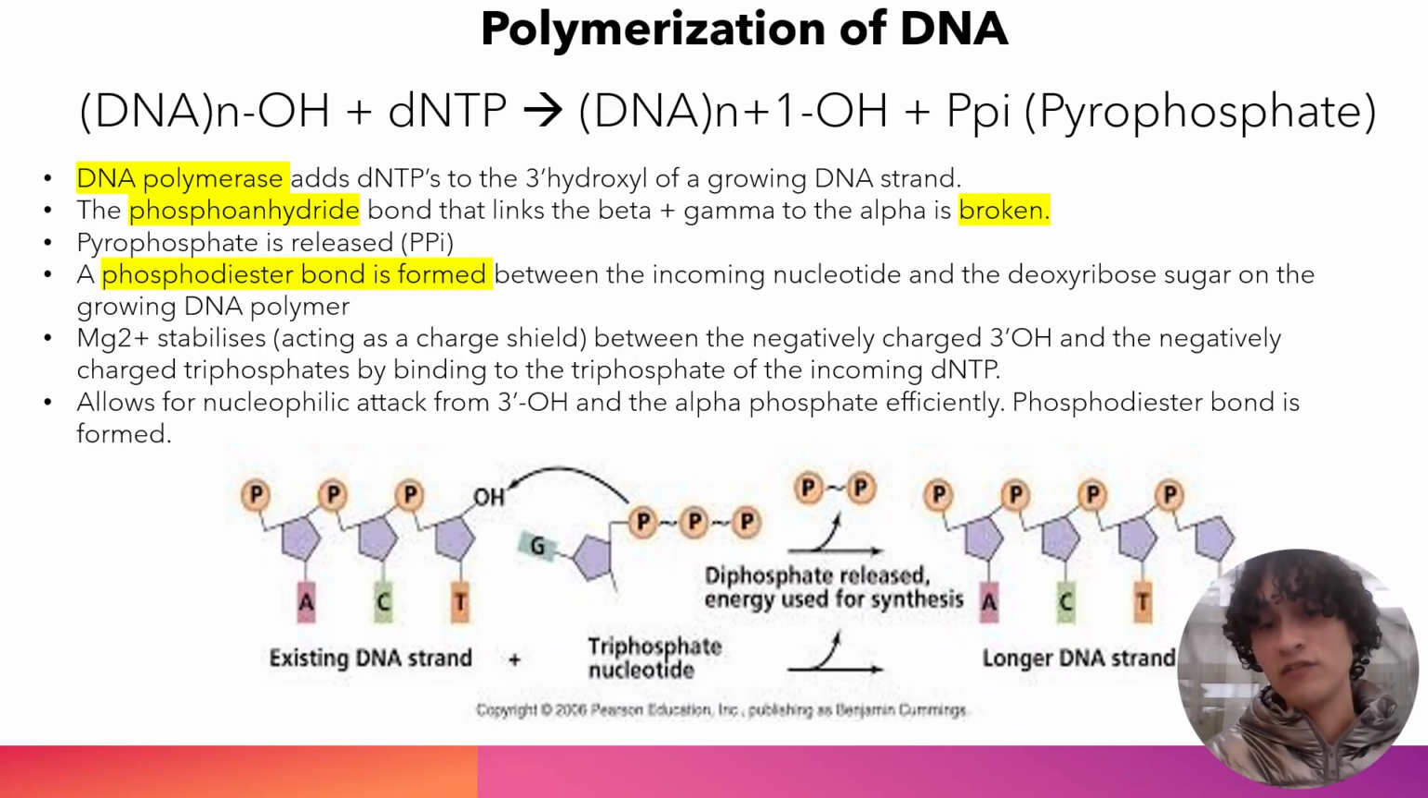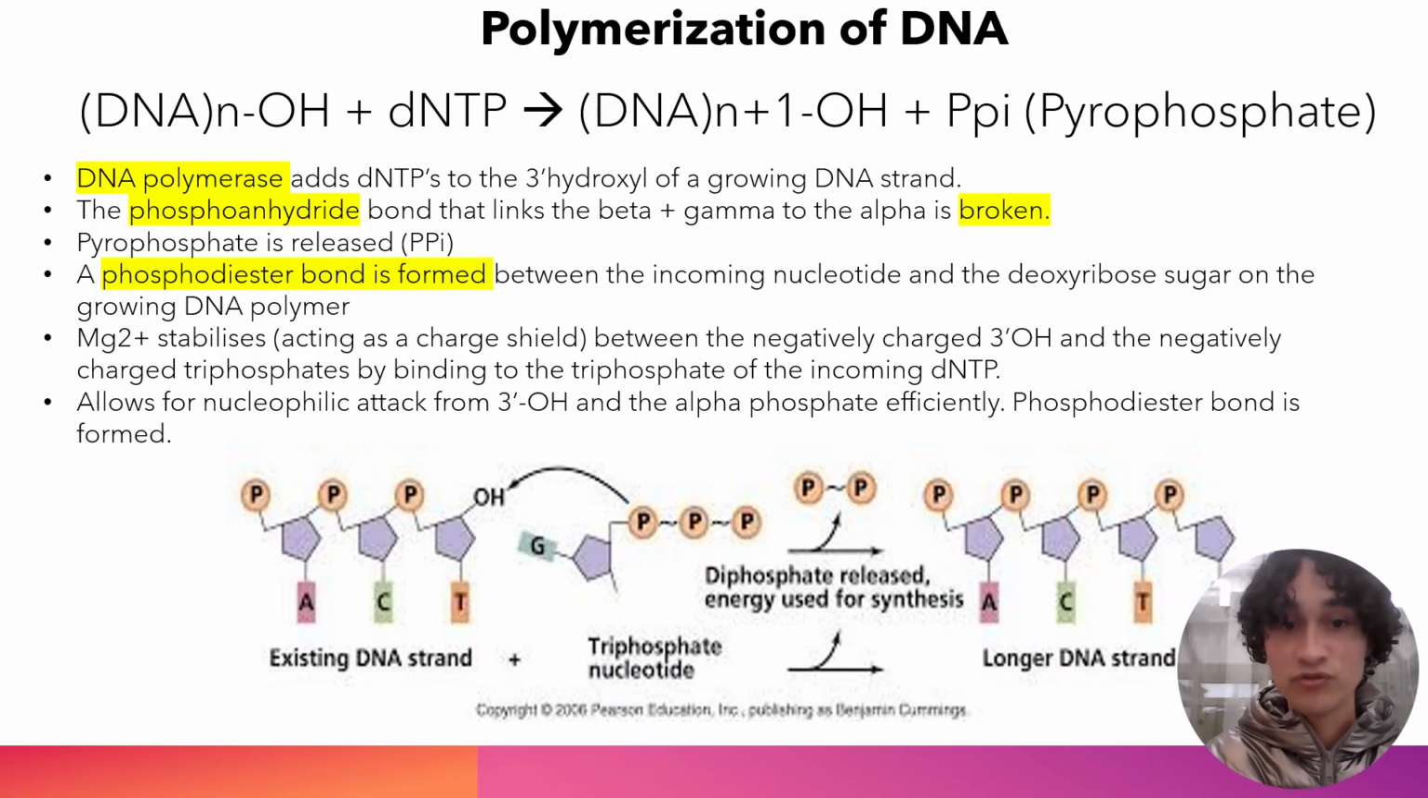Because we've got a negatively charged hydroxyl group, okay? That's electronegative, if you like, overall. So there's going to be some form of electrostatic repulsion between the gamma and beta phosphates on this triphosphate nucleotide. Okay, so we need magnesium to act as a stabilizer between the 3' hydroxyl group and the